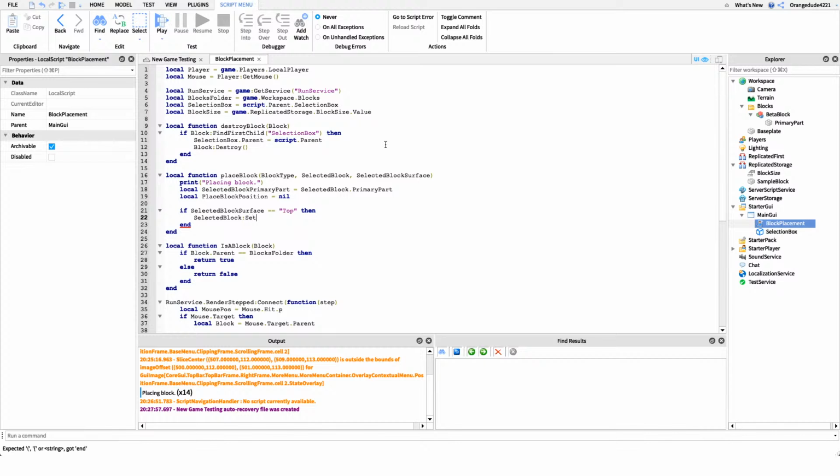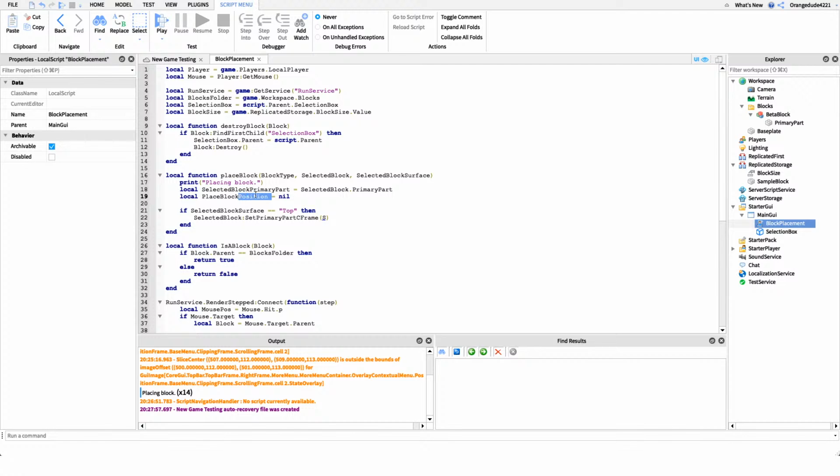Yeah, we can actually do it like this, set primary part CFrame, and then all I'm going to say is the selected block, or what we need to do is create, I'm just trying to think,